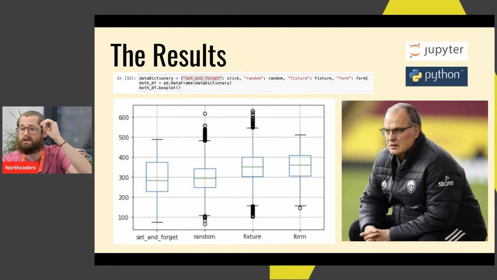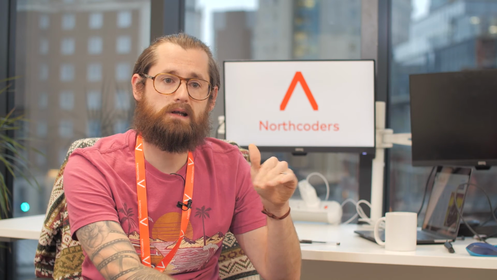Those circles that you can see are outliers, so they fall outside of a particular range, so it's particularly unusual that they are in there, so they're mapped differently. And what we can see is that if we set and forget, then there's a much broader range in that 50% between 25 and 75. And the median, which is that green line, is significantly lower